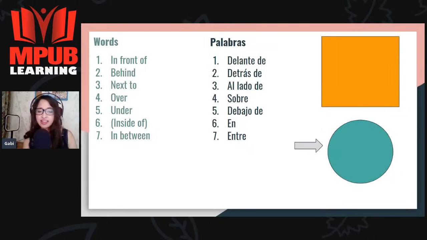Okay, this you can even Google. I mean, it's the easy part. What I'm going to provide is the examples and the pronunciation of a native Spanish speaker. So, in front of, delante de, behind, detrás de, next to, al lado de,